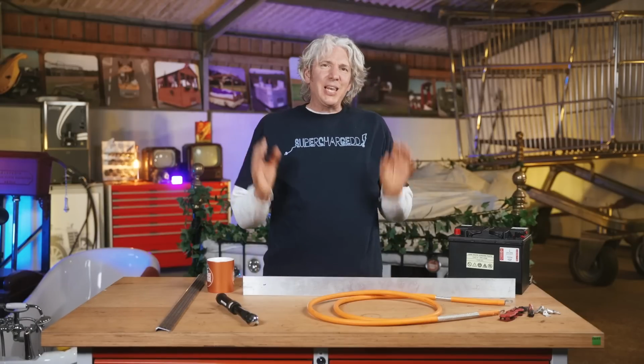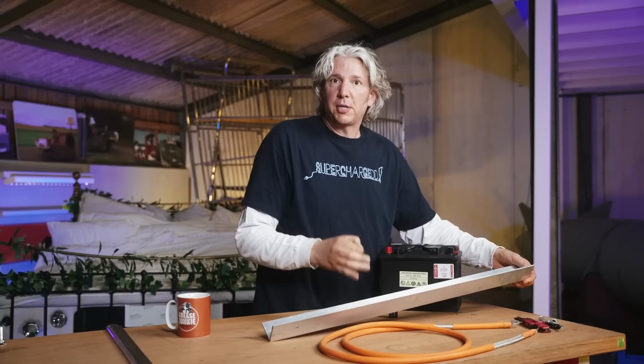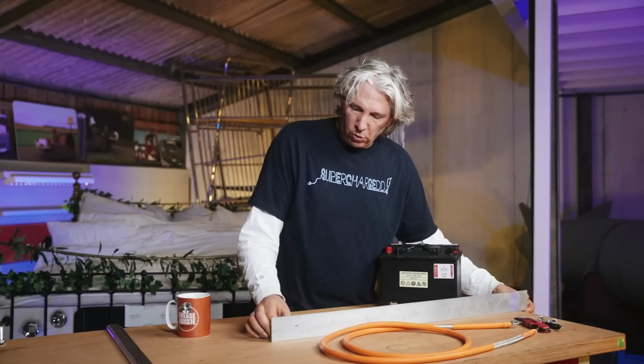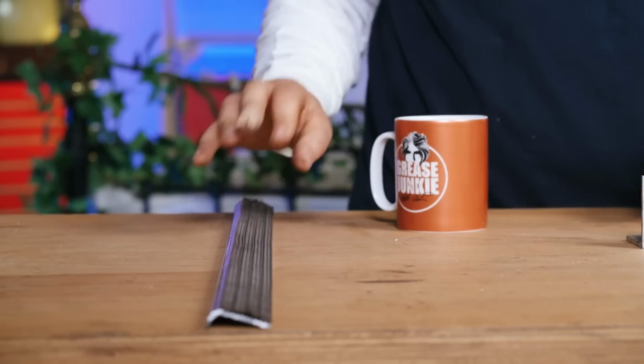So let's see if I can illustrate this on the bench here. And I've got a ball bearing here. I reckon that's probably about 10 milliamps. And I can use this angle to represent the force provided by the voltage. So obviously the higher this ramp is, the more force there is, the more voltage there is. And all that is going to be trying to put the electricity effectively through my protective barrier of my skin